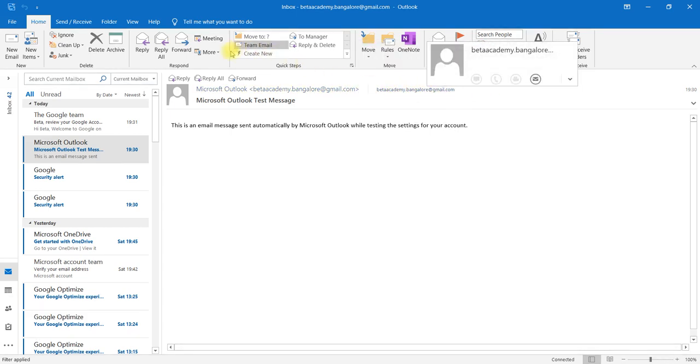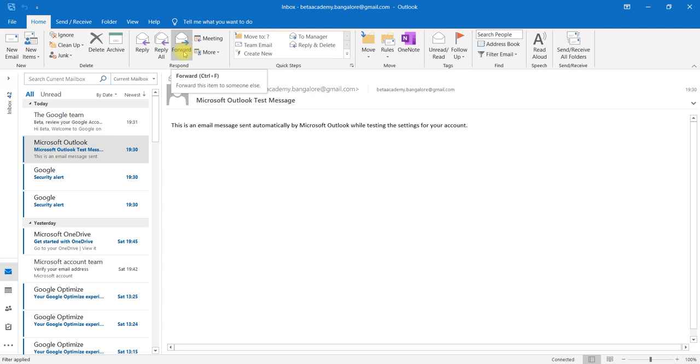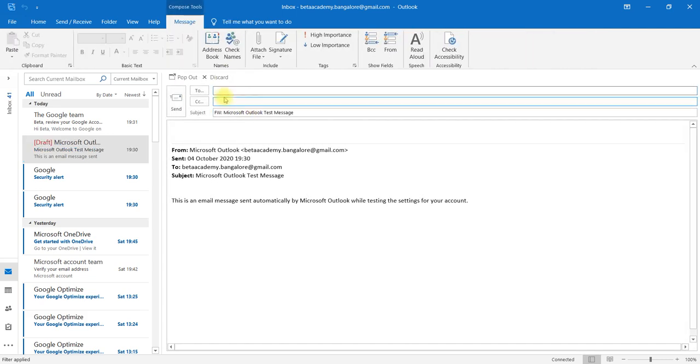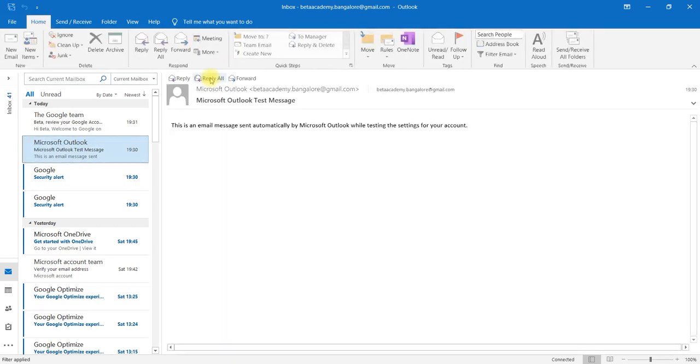We can forward to a person whom you like, for example your manager or any of your teammates. You can directly click on the forward option, write their email address and forward it. If you don't want to, discard. Under the more option, there is forward as an attachment, so this email is forwarded as an attachment, not as an email.